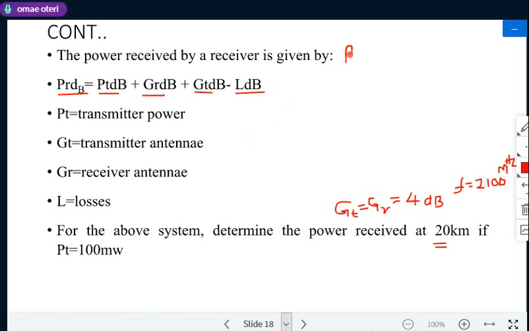So please make sure you change your power from just power to decibels, and that will be given by